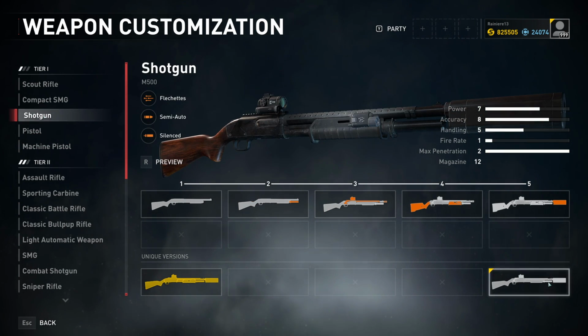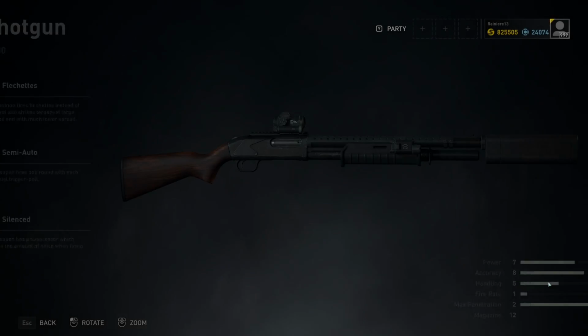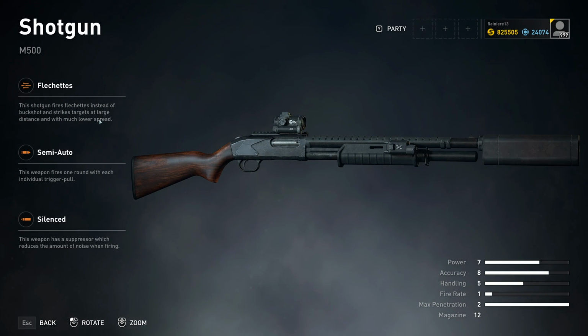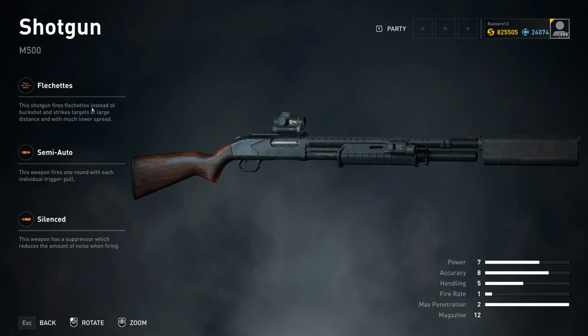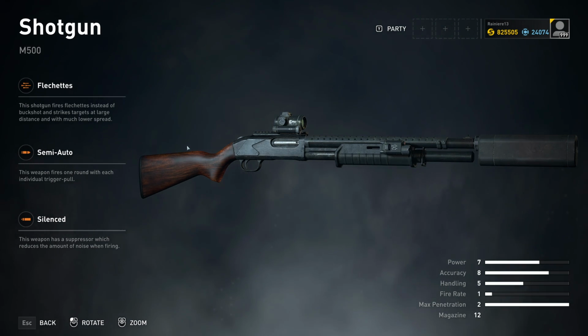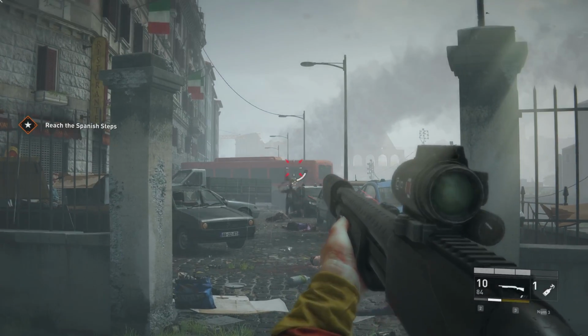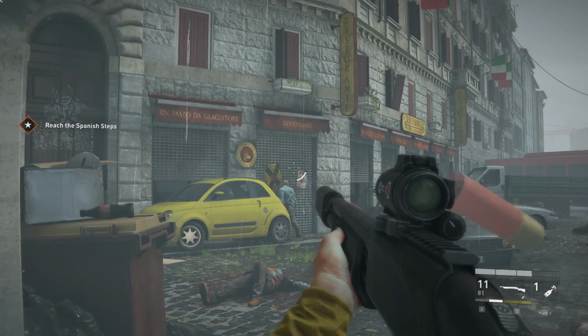And the new shotgun is actually very good because it now has flechettes. I'm sorry if I didn't pronounce this correctly. Now the shotgun will fire stings instead of buckshots and can strike targets at large distance and much lower spread. So actually, after some testing, as you can see in the background, you can do very decent headshots with